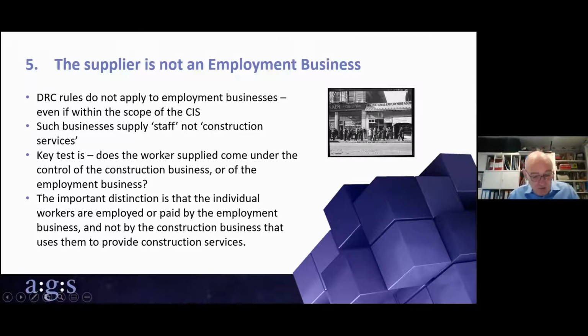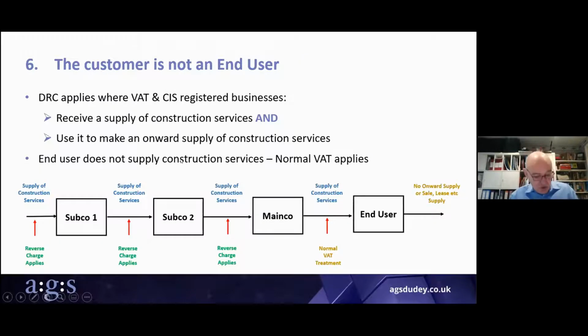In contrast, where you have labour-only subcontractors, that can be a little bit difficult. Sometimes the terms of the agreement mean that what is being supplied is a construction service. So the reverse charge would apply again. Again, individual deals, it depends on the terms, and they can be a bit complicated. So it's something that's worth looking at. And again, it may be something worth asking for advice about if you encounter it. Okay, that's 5 of the 6 conditions. We'll come to the final one, which is quite an important one. It's an important part of understanding the operation of the reverse charge. So we'll look at it over the next few slides.